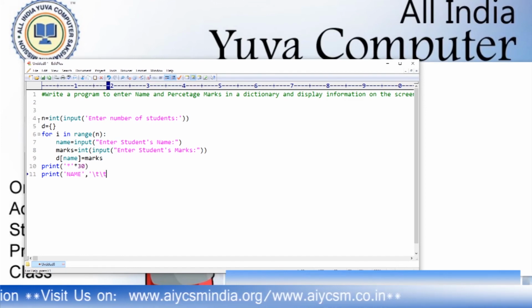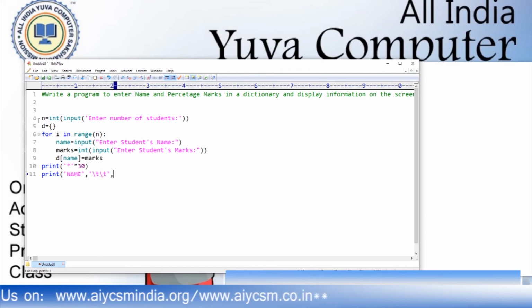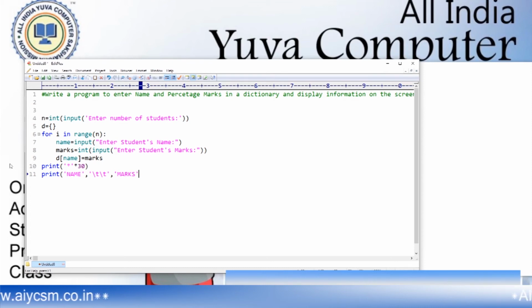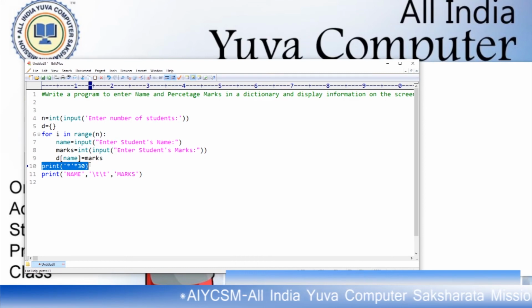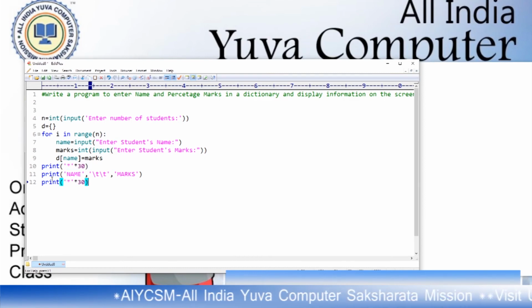This means two spaces within this name and marks there is a space. Because of that we give this tab, \t means tab. Okay, it will provide the space. So this thing is repeated again. It's all about the structure.